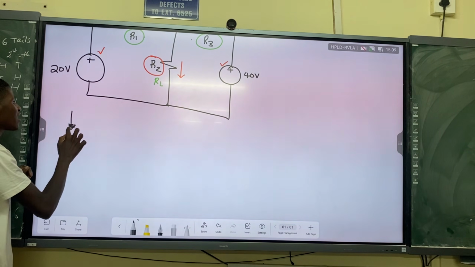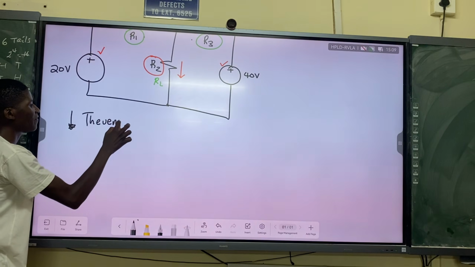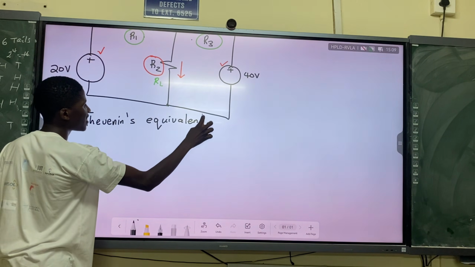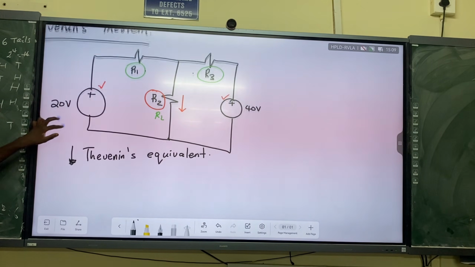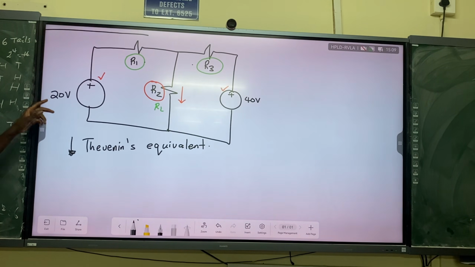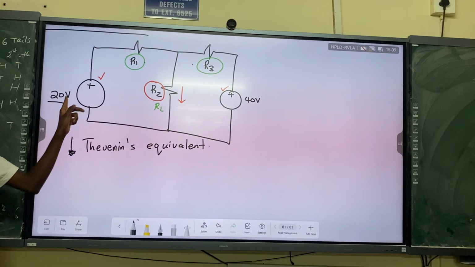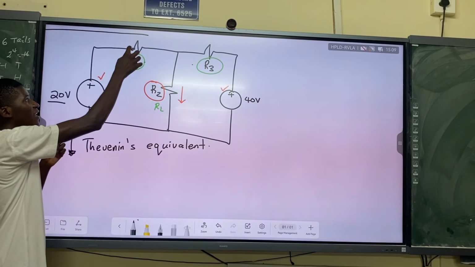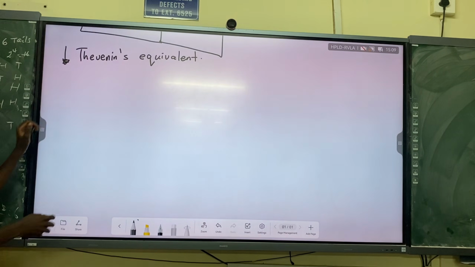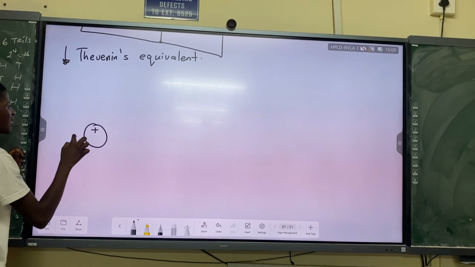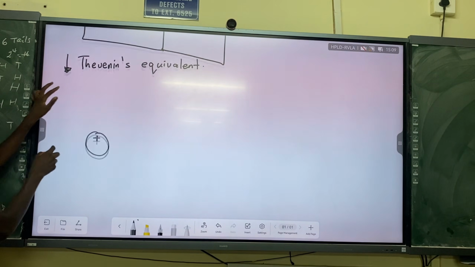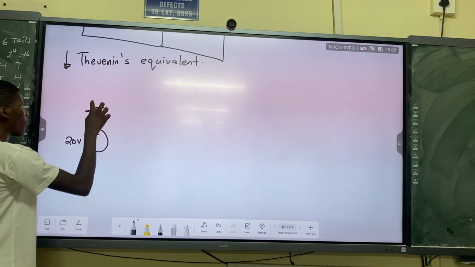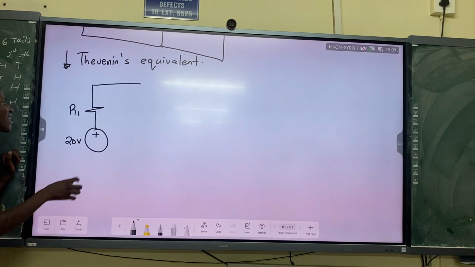For example here, if we want to make a Thevenin's equivalent, so if we want to turn the circuit here to be something that is following Thevenin's equivalent, what should we do? First of all, we see the power source is 20 volts. We align it with resistor R1. And we see the power source is connected to this terminal of R1. So I can just rearrange my circuit. So now the power source, which I said is 20 volts, is aligned with R1. This is still the same thing. I'm just rearranging a circuit here.